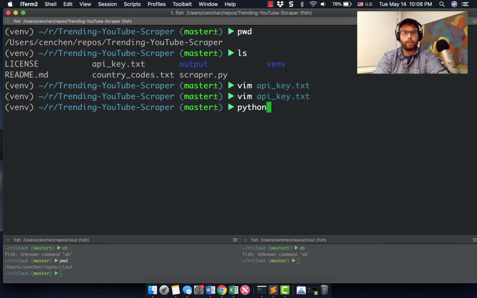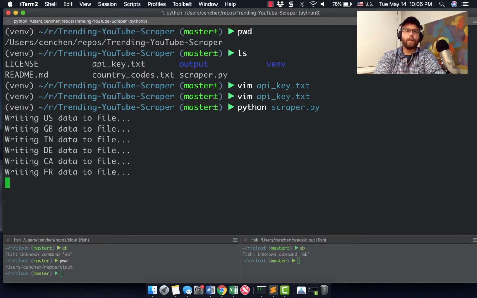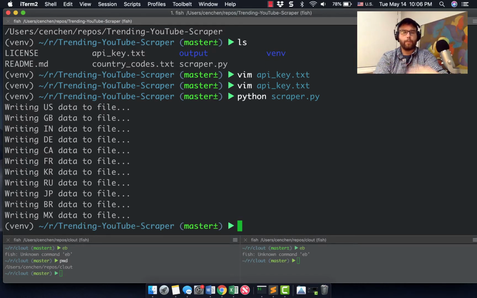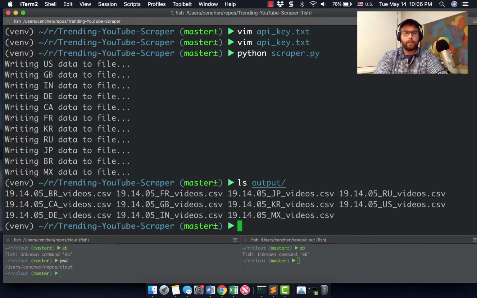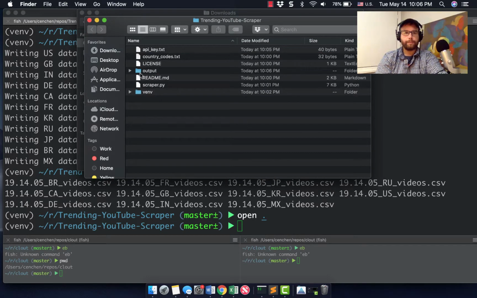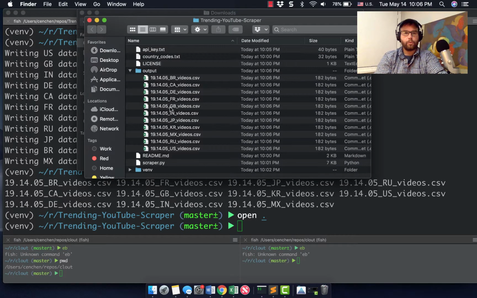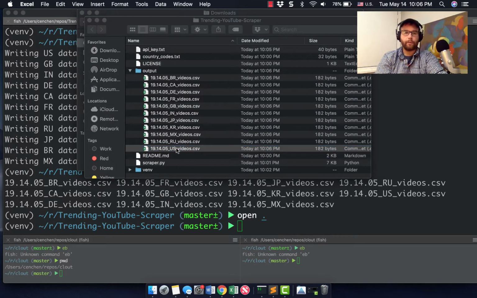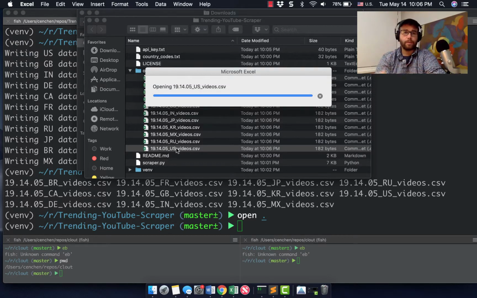So, python scraper.py. Let's see what happens. Okay, so if I just call it directly like that, it looks like it just works here, which is great. So I can open one of these CSVs for all of these different countries. I think I just want the US, but